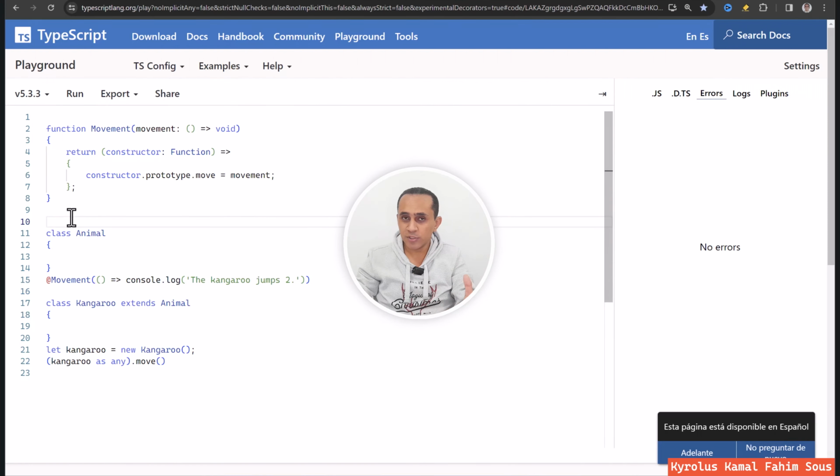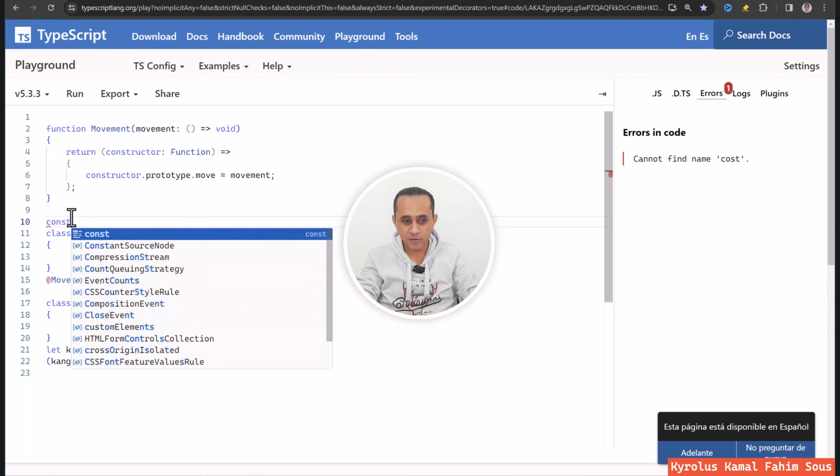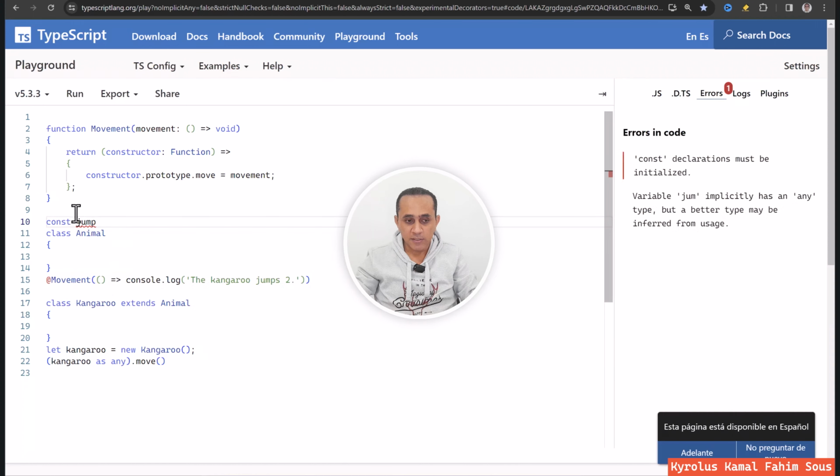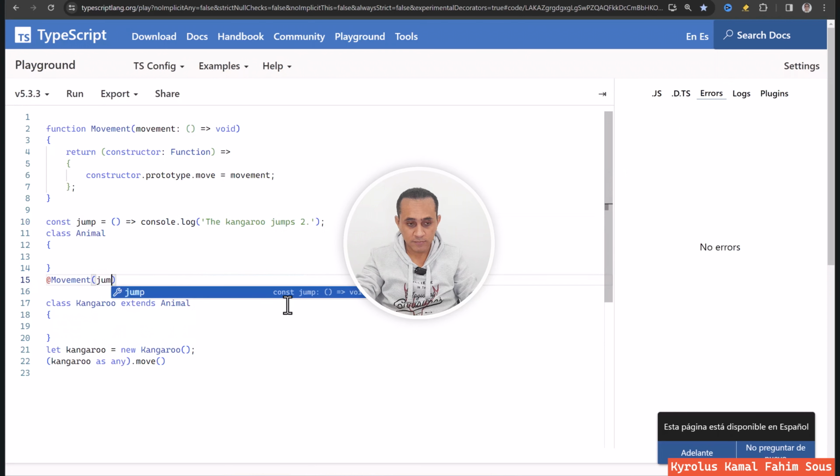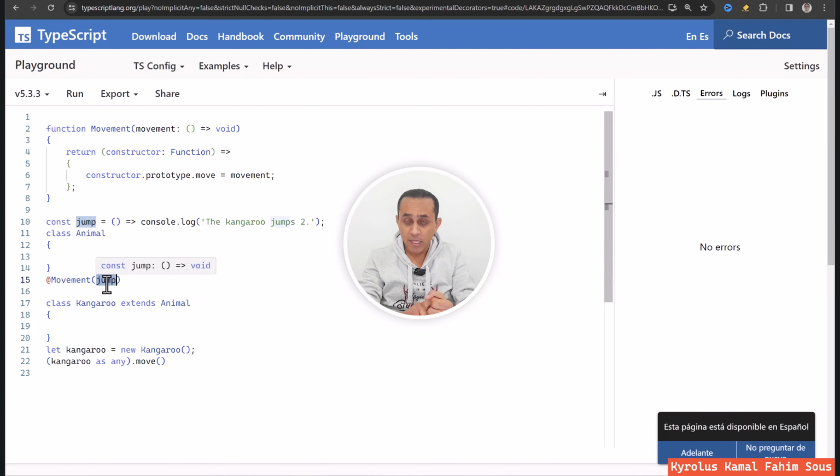This is not repeating code, because, for example, you can write const jump here and use it, and it will do the same thing. Maybe you can create a function called walk and one for jump, and if the animal should jump and walk, you can add two decorators without affecting all the animals or all the children.